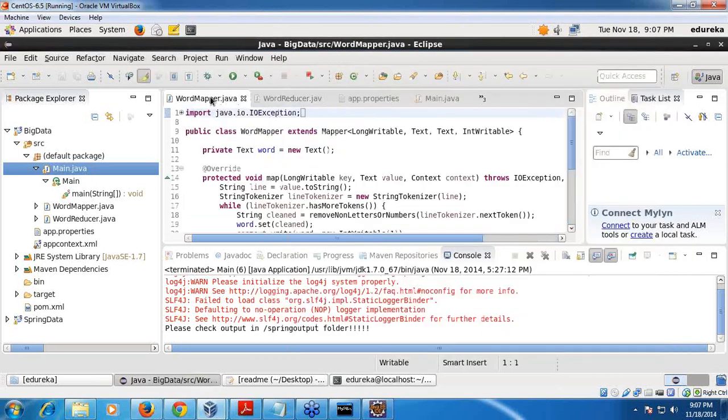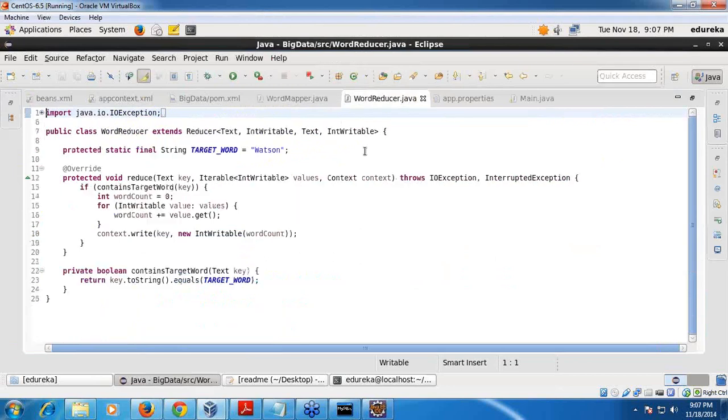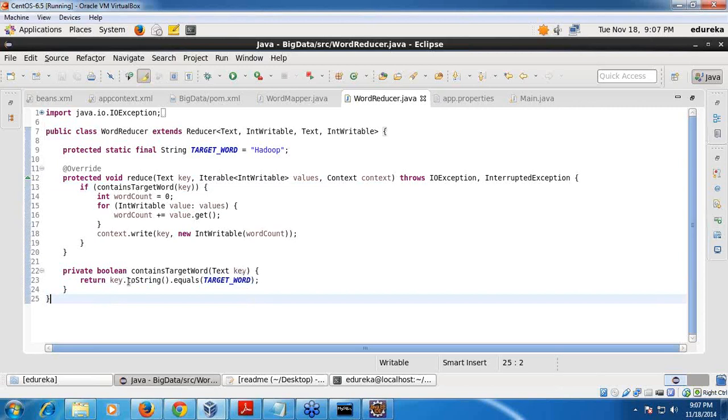In this MapReduce, the mapper is almost similar if you are familiar with MapReduce programming. Let me search for Hadoop. What I am doing here is checking if the line contains this key, that means I am checking it here, whether it contains the word.